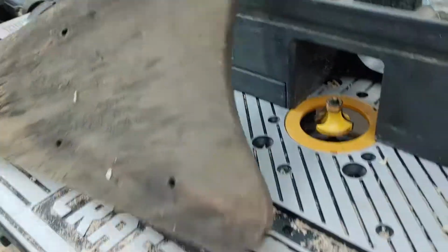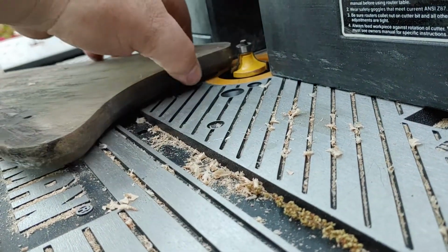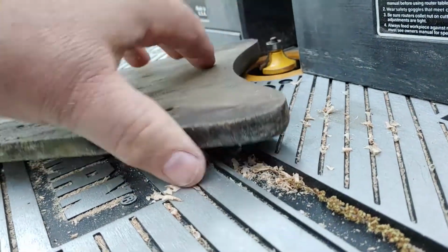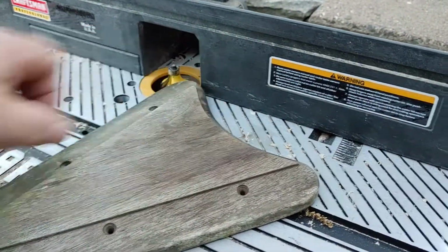So I've already set this up, measuring it from here and looking at this leading edge here. I matched it up to my edge here already, so my height is set right now on the table for this. But before I cut this,